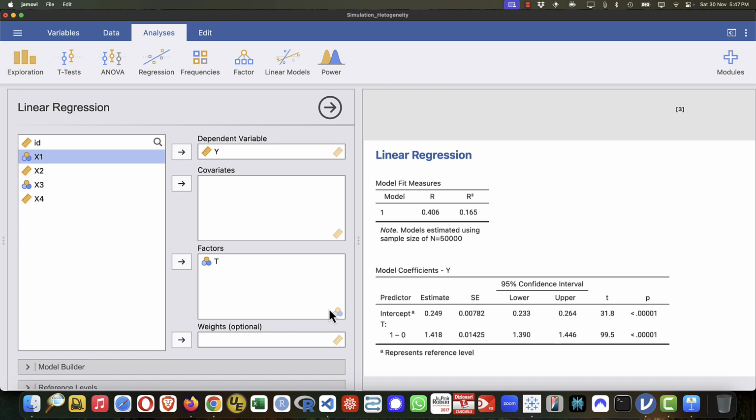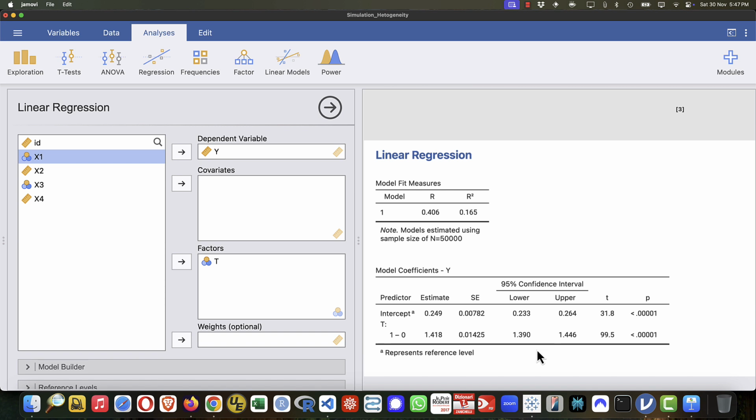We don't have to add controls to this regression. We could and we will, but we don't have to do it. All we want to do is estimate the average treatment effect. The average treatment effect is 141 here. Okay? Now, the next question is